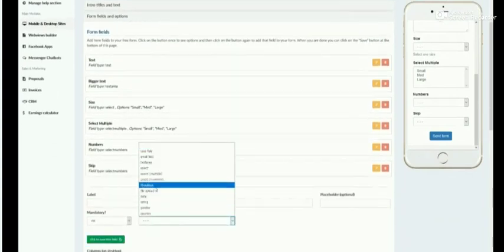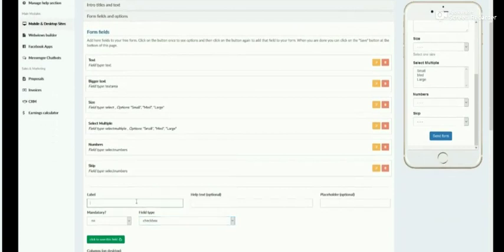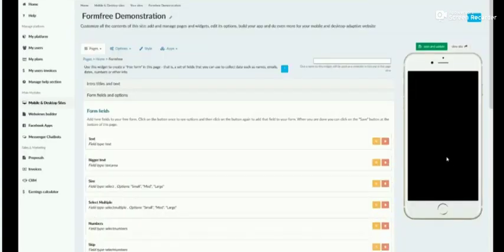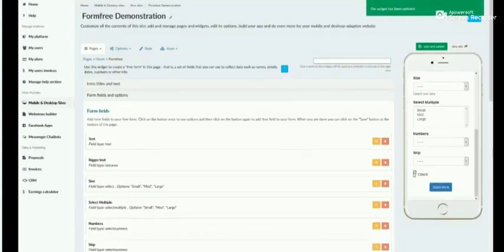You can also do a checkbox. So you would just simply say yes or no, or whatever you want for the label. And then they would be able to check or uncheck, and that'll automatically create a checkbox for you,